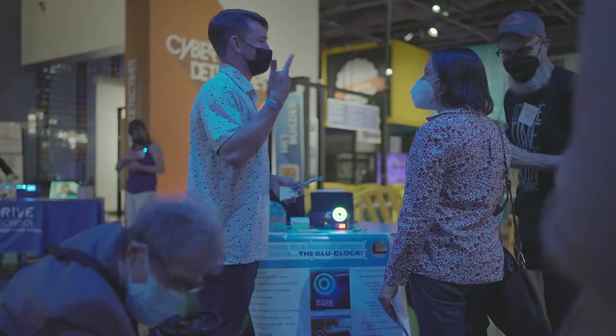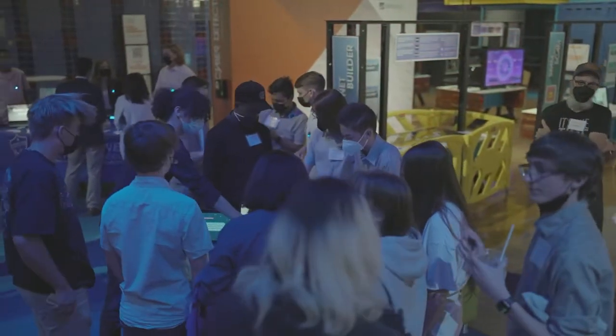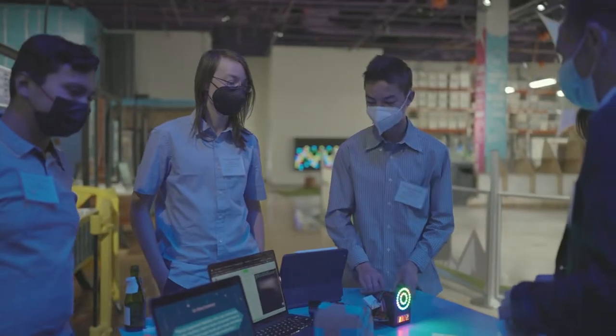Today I'm showcasing the Glue Clock, which basically is meant for diabetics. It'll hook up to their continuous glucose monitor, take their blood sugar levels, boil down the average of each hour into one value, and then it will display it as a color on a ring of LEDs so that you can clearly see, at whatever XYZ hour of the day, I was too high, too low, or just right with